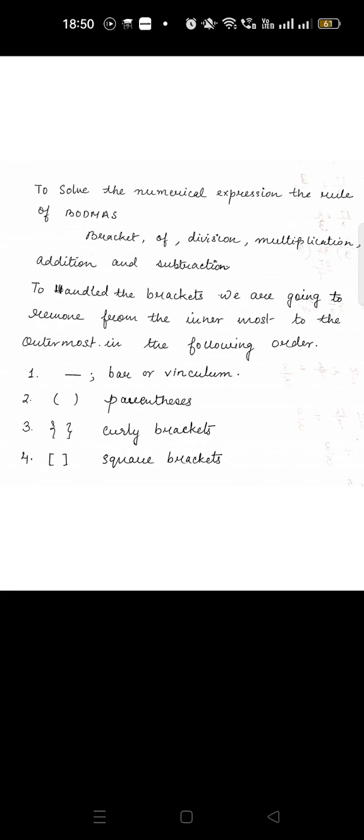প্রথম সেটা হচ্ছে বার, যেটা আমি আগে সলভ করব। তারপরে সলভ করব প্যারেন্থেসিস, মানে ইনার ব্র্যাকেট। উই আর গোয়িং টু রিমুভ ফ্রম দ্য ইনারমোস্ট টু দ্য আউটারমোস্ট, মানে সব থেকে ভেতরের পার্টটাকে সলভ করব, তারপরে আউটারমোস্ট পার্টটা সলভ করব। তো ভেতরের পার্টে যেটা থাকবে সেটা হচ্ছে বার, তারপরে হচ্ছে প্যারেন্থেসিস, তারপরে কার্লি ব্র্যাকেট, তারপরে হচ্ছে স্কোয়ার ব্র্যাকেট। তো এইভাবে আমরা এটাকে সলভ করব।